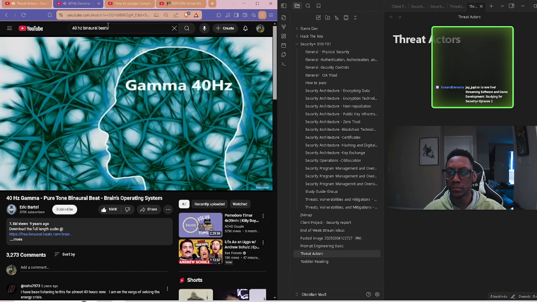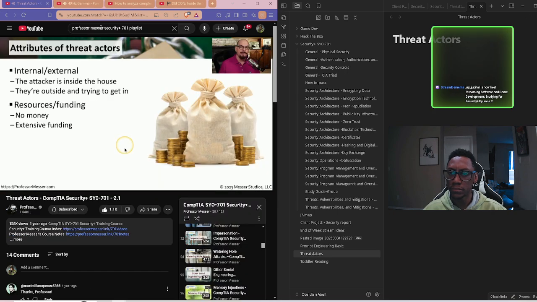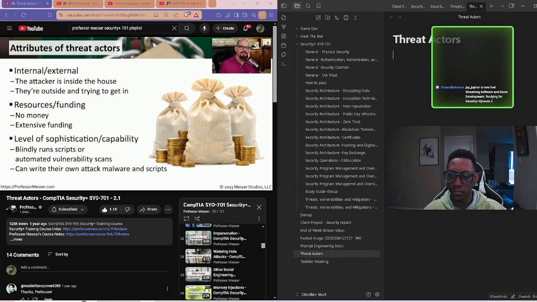The number of available resources or financial funding is another way to characterize a threat actor. If they don't have any money, they may have limited access to resources, or they might be a threat actor that has a large amount of money available and can provide a number of different attacks based on those resources. It's also useful if we can determine a level of sophistication for this particular attacker. It may be useful to know if somebody has no idea the script they happen to be running or what the results of it might be, or if somebody's able to build their own tools and provide their own capabilities. And of course, the attacker might have a set of skills that fits somewhere in the middle between those two.